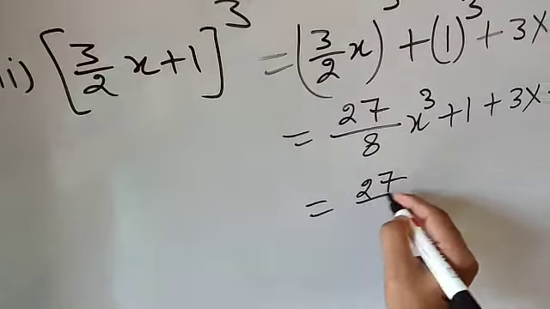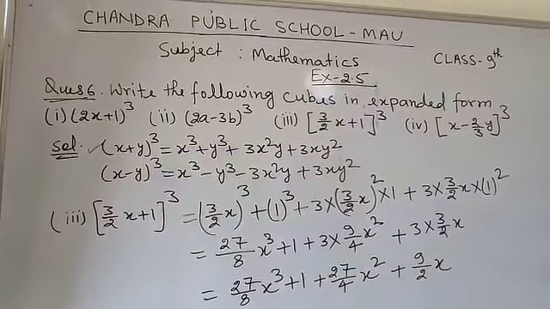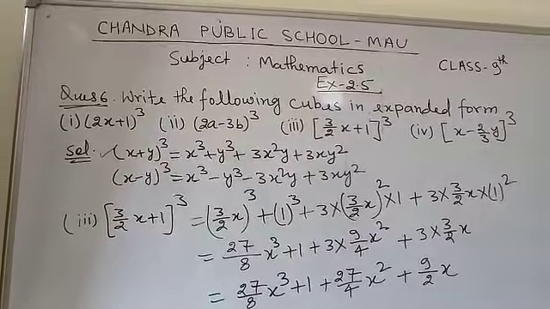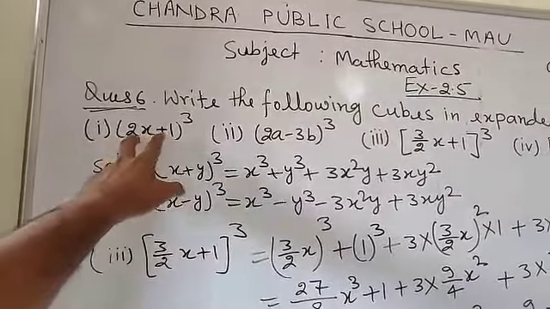So students, in question number 4 you solved the question where the square of three terms was given, so there you used the identity x plus y plus z whole square, but here the cube of two terms is given in the bracket, so you have these two identities and it will be solved just like the previous question. The main thing is that you need to learn these identities to solve the questions.